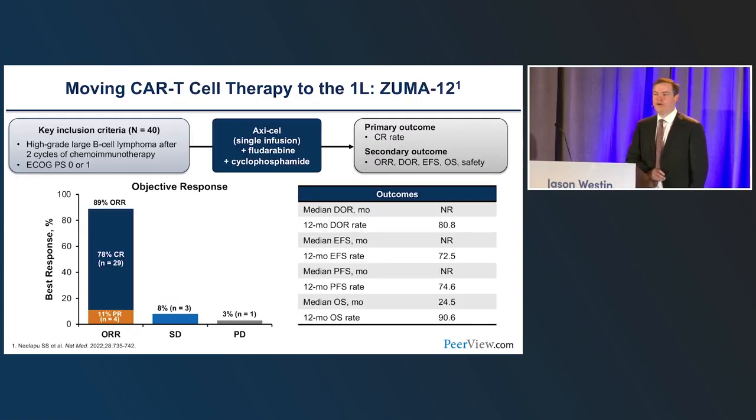So, what about moving CAR T-cells up even earlier? We saw moving from third line to second line was very promising. How about moving up to the front-line setting in patients with high-risk disease? My co-speaker, Dr. Satyanarayana Neelapu, led this trial, the ZUMA-12 trial, which was published earlier this year in Nature Medicine. This trial of 40 patients included those with high-grade or high-risk disease who also, after 2 cycles of chemotherapy, had